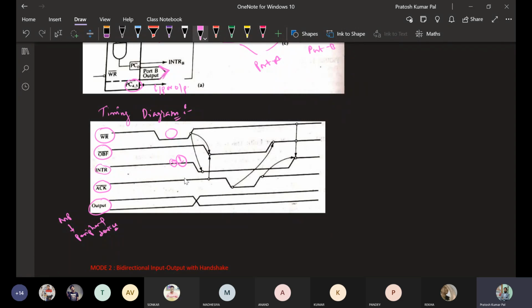Okay, so once this output buffer is full, this will be read by the peripheral device, and the confirmation will be given by this acknowledgement signal. So this acknowledgement signal will give the confirmation that the data has been read from the output buffer that is available at the output. Okay. So this is like the data is already available. Whenever the data needs to be read or written, basically here we are going to write the data from the microprocessor to the peripheral device, so that will be activated with respect to the control signals.